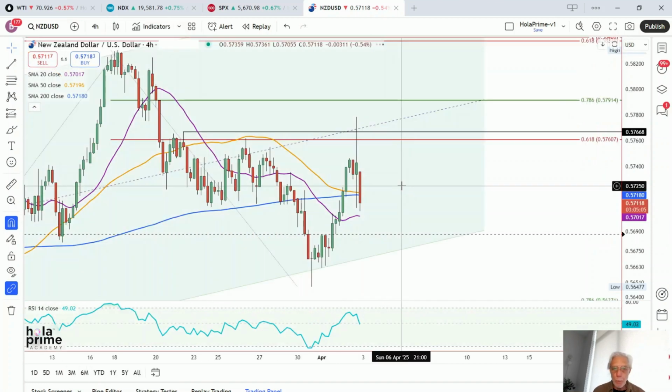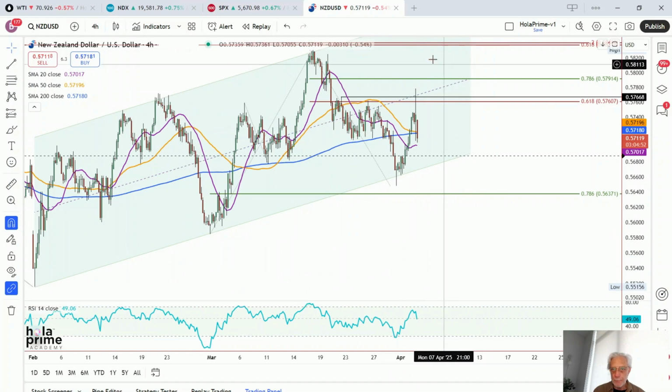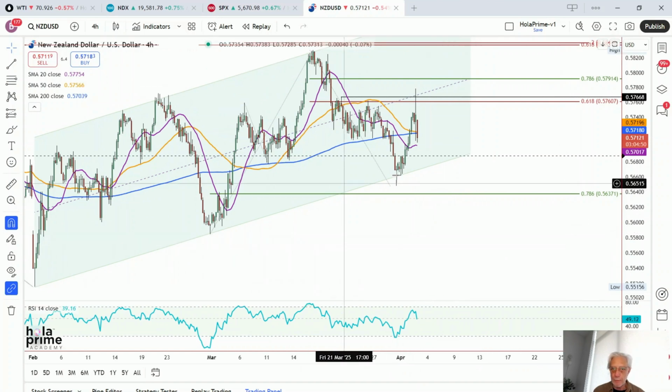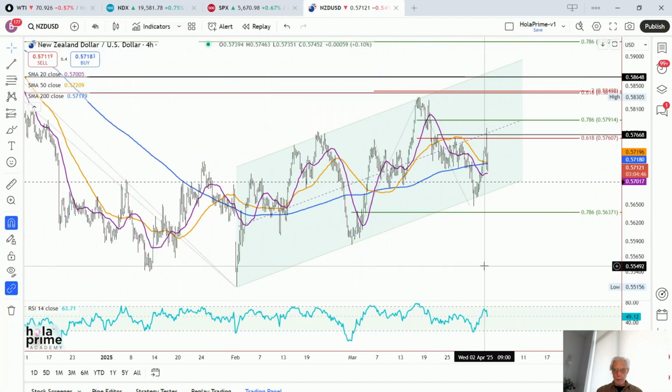Going into the 4-hour chart to get a closer look, we could take a better look at this. So I think we were up here at the time yesterday, and it pulled back down to here on a shorter time frame. Would have had a setup for at least this rally, but there's still the potential to hit the other side. There's no setup right now, but this deserves keeping an eye on,